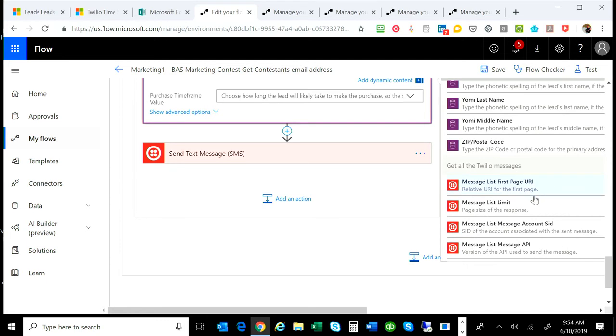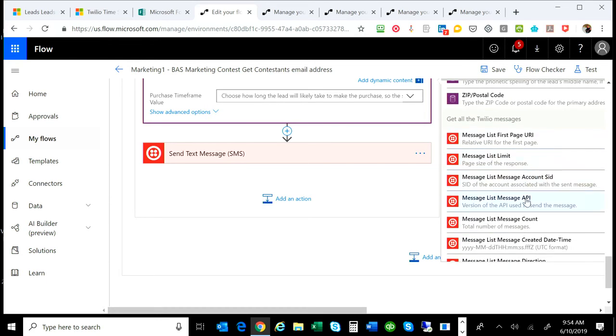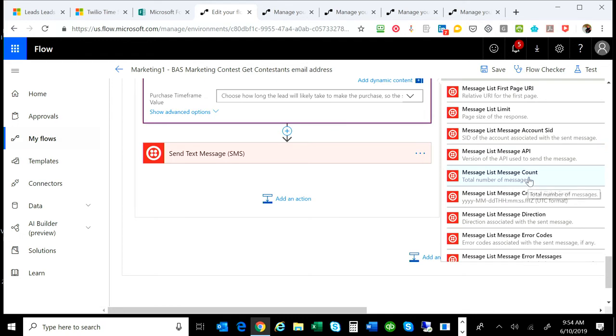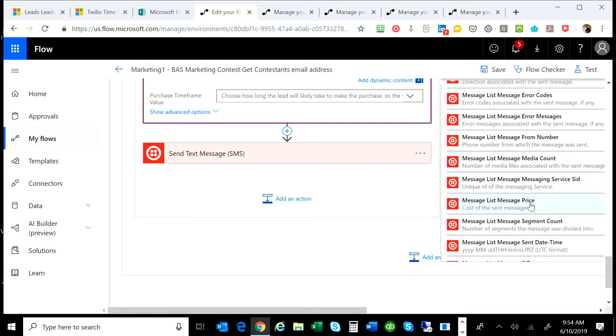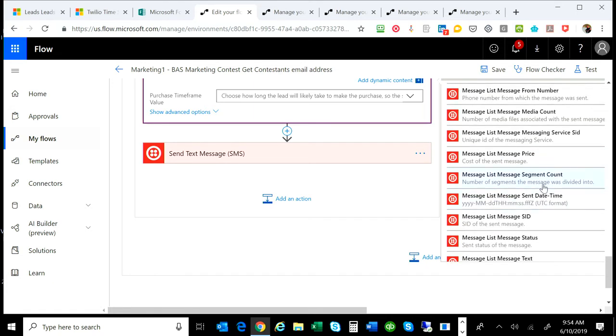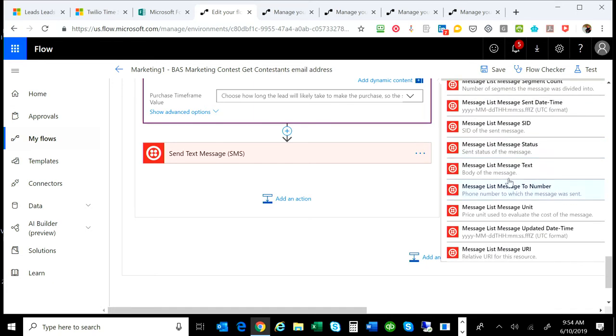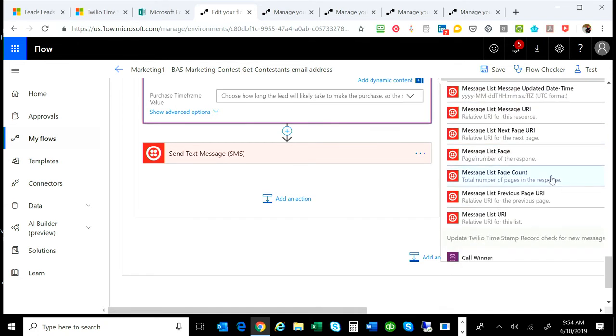Okay, so from Twilio, get the Twilio message, and we can get message limit, the count, if there's multiple messages in a multi-part message, and any error codes. There's a cost associated with messages that you send through Twilio. You could get the price for the message. Here's the body of the message, which is the meat of what we want, which is your guess and so forth,